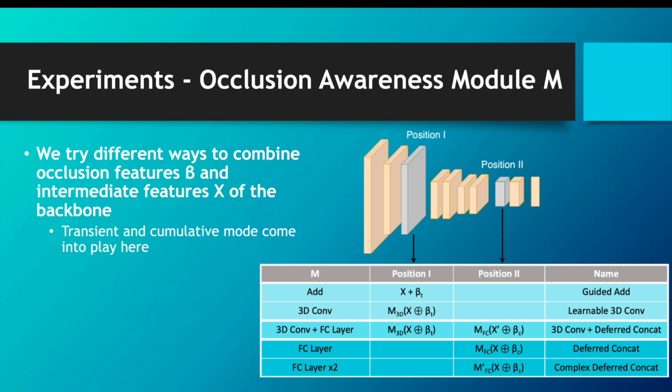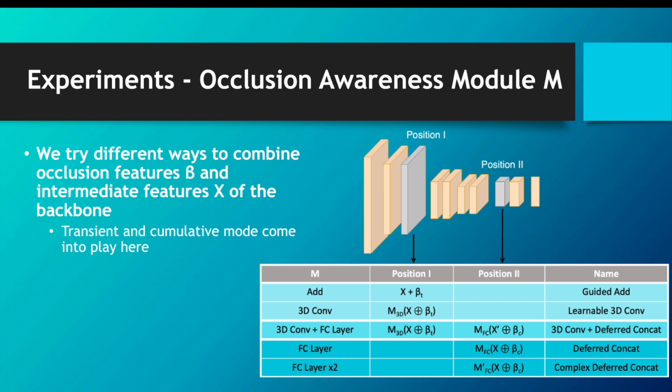And one of them is from the earlier layers, one of them is in the later layers, and then we perform several kinds of computations, several methods of combining x and beta. So if x is chosen from position 1, the earlier one, there is still temporal information present in those features, and to perform the computations like adding and concatenating, passing them through a 3D convolution, the shapes of x and